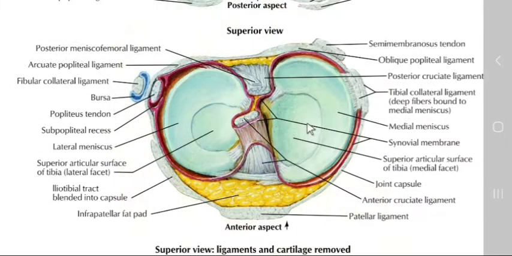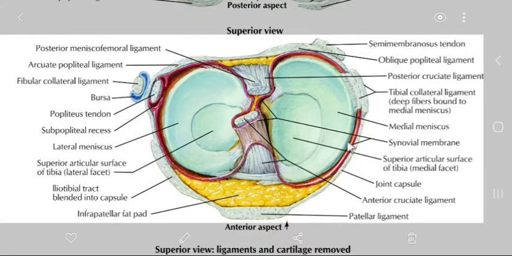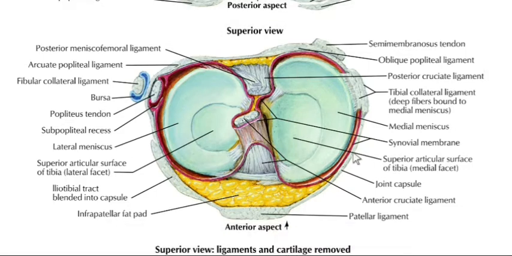This diagram shows the superior view of tibia. You will find the two menisci. This one is lateral meniscus and this is medial meniscus. The menisci are two fibrocartilaginous discs. They are shaped like crescents. They deepen the articular surfaces of the condyles of the tibia and partially divide the joint cavity into upper and lower compartments. The upper and lower compartments you will find in the sagittal view of the knee joint, which I am going to show you in the next slide.